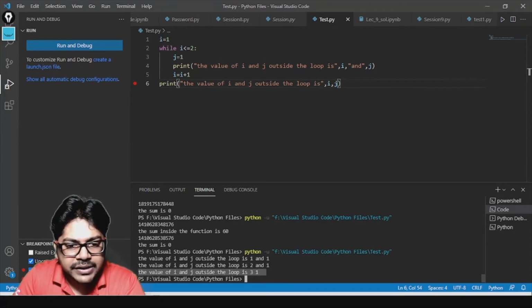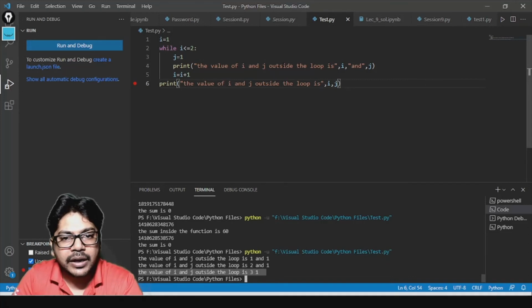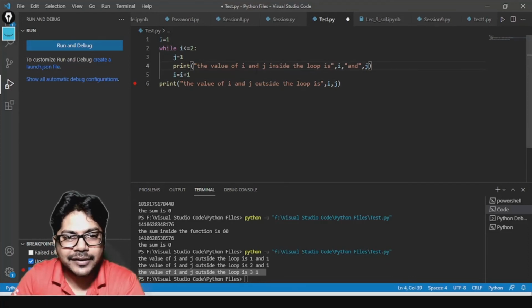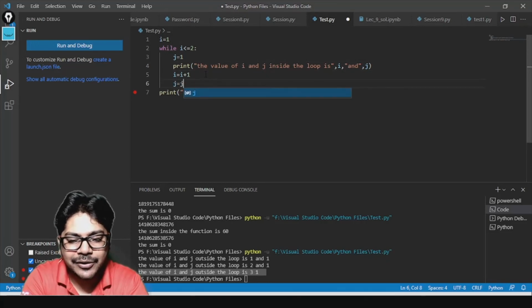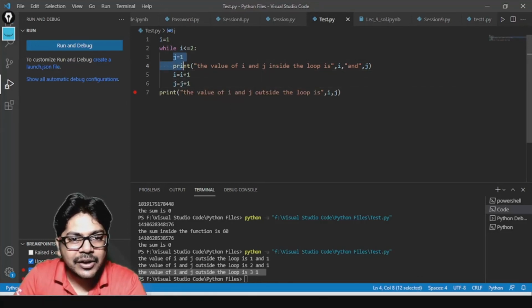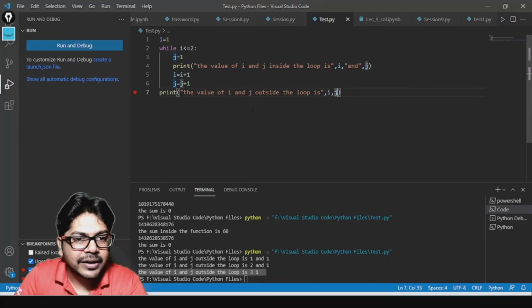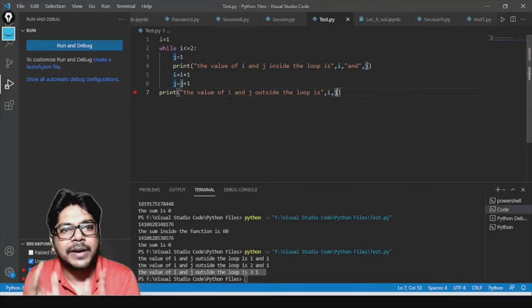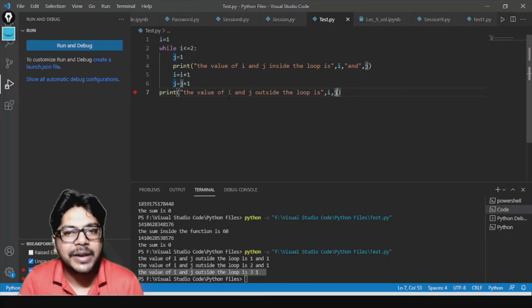Inside the loop I also increase the value of j by 1. This j is a local one which we created here, and outside this is one complete function that we refer to as the main function.